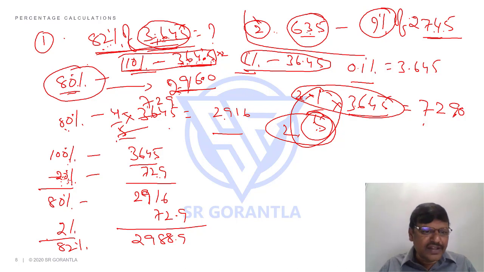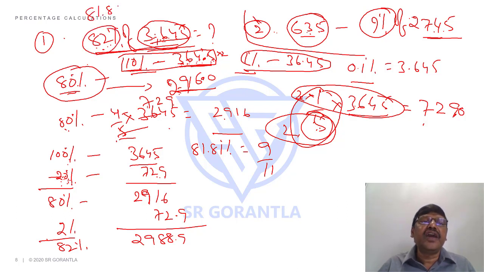One more thing. This is one thing. I tell you another thing, please. See, sometimes in your examination, when you are doing this, you may not require to do exactly till the decimal point like this. Students, you can always say like this. 82% I am asking, what is the nearest fraction to 82% from the list I gave you? Can you recall 81.81% you have, students, there? What is 81.81%? From the list just now you have written down, can you just tell me? 9 by 11. So instead of calculating 82%, if I have to calculate 81.81% of the number, 81.81% is nothing but 9 by 11. 9 by 11 of 36455.